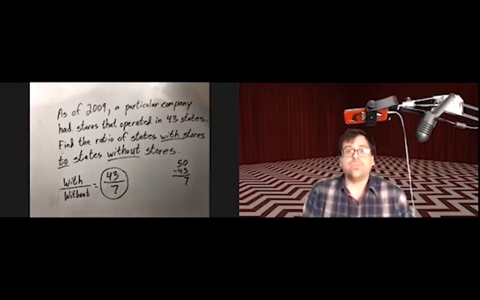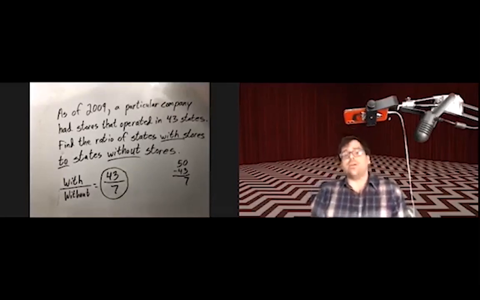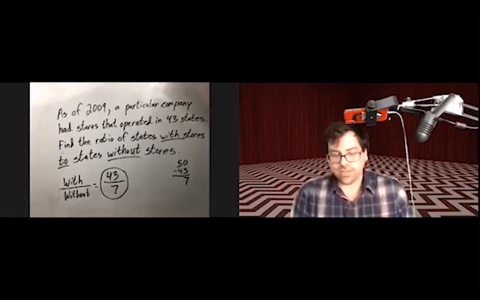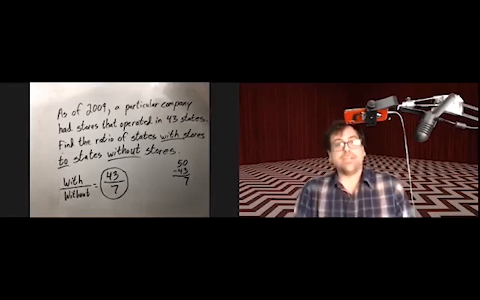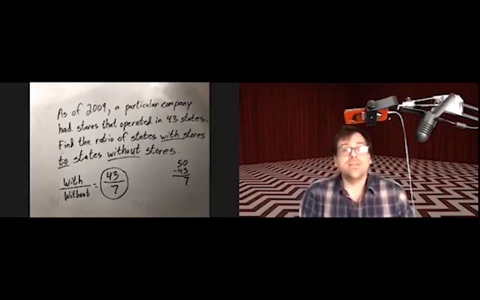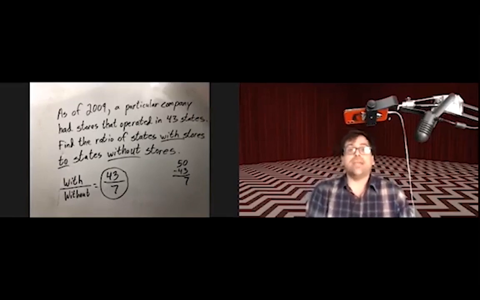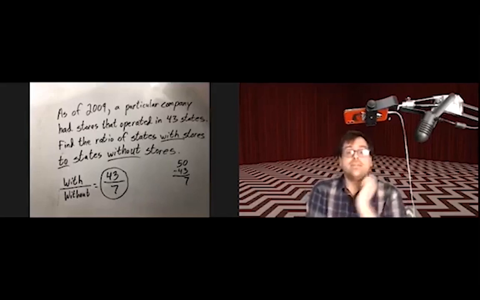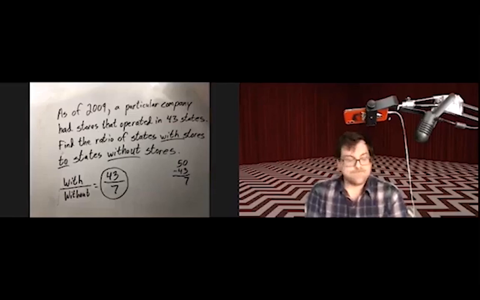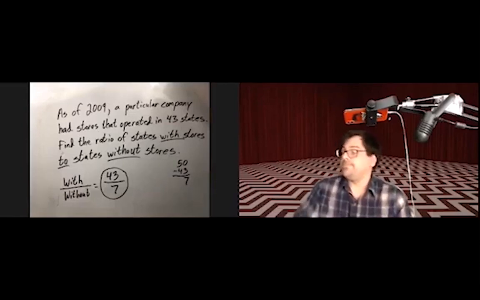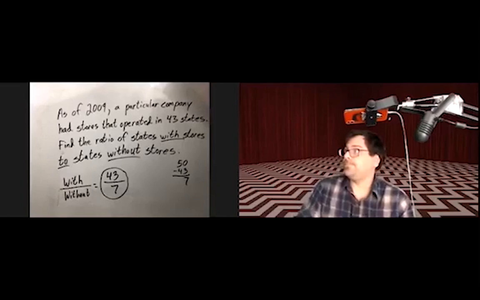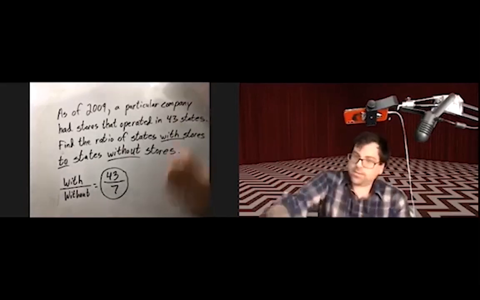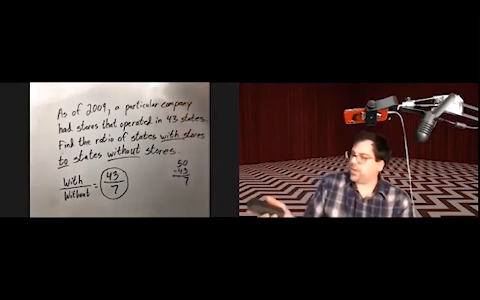So not only do some of these problems require you to have reading comprehension to pull out the second number, sometimes that second number has to come from outside information that you should know. And you should know there are 50 states. 43 to 7. Okay, so that is our discussion of ratios,